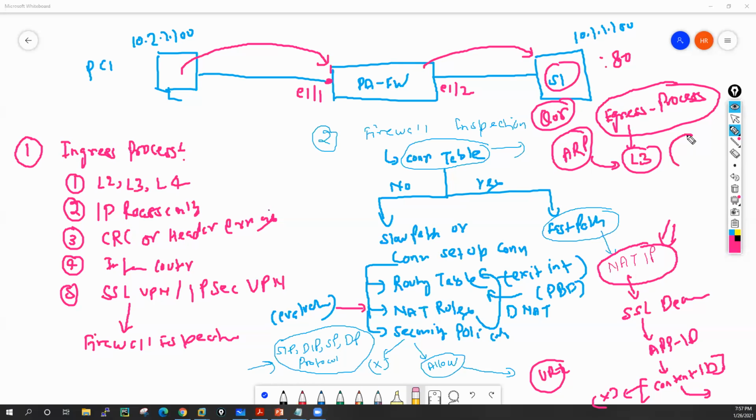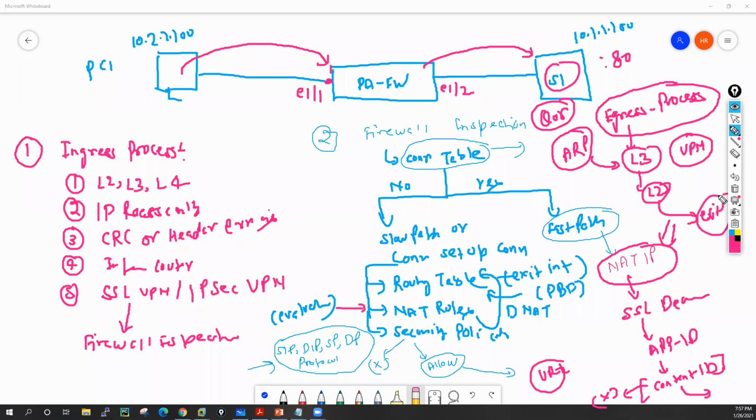If this traffic is related to VPN, then encryption needs to be performed, right? That also happens in the egress process at the layer 3 lookup. After that, they will do the lookup at L2, where they will create a layer 2 frame on the basis of the MAC address. And after that, they will forward that packet to the exit interface.